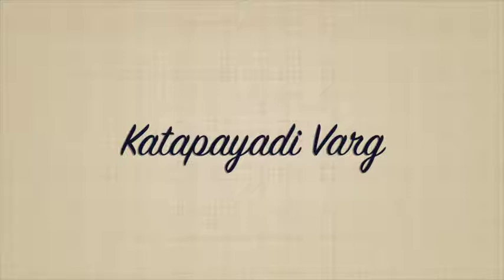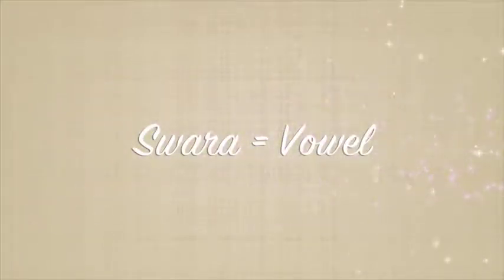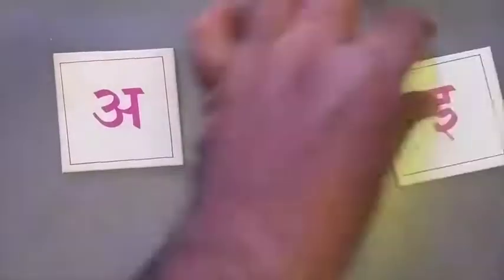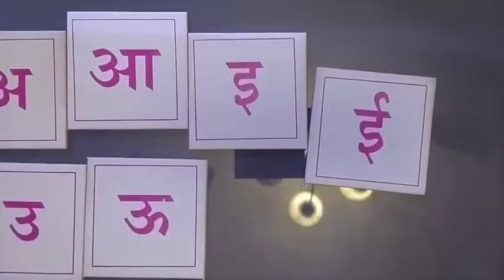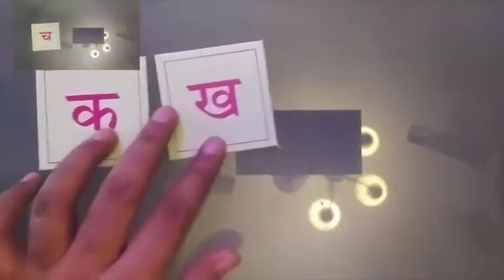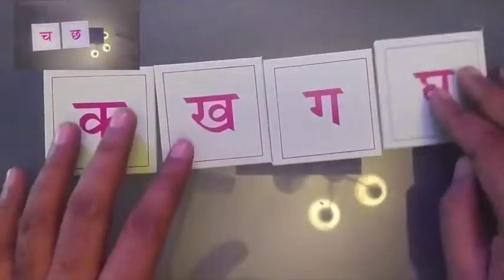Sanskrit language has Swar and Vyanjana. Swar is like Atma and Vyanjan is like objects. The objects do not exist without the spirit, and if they do, they are lifeless. A, I, U, these are the swars, and Ka, Kha, Ga, Gha, Anga, Cha, Chha, Ja, Jha, Ya, all these are the